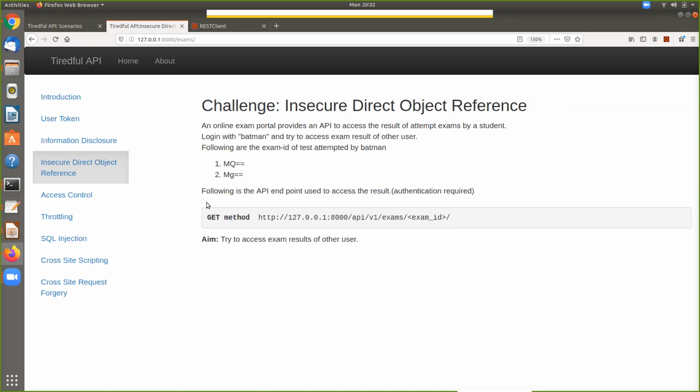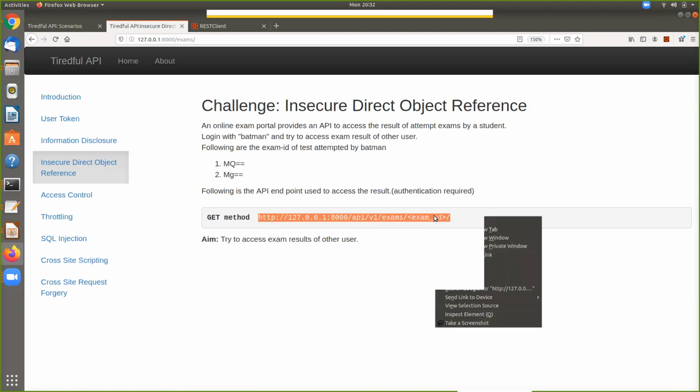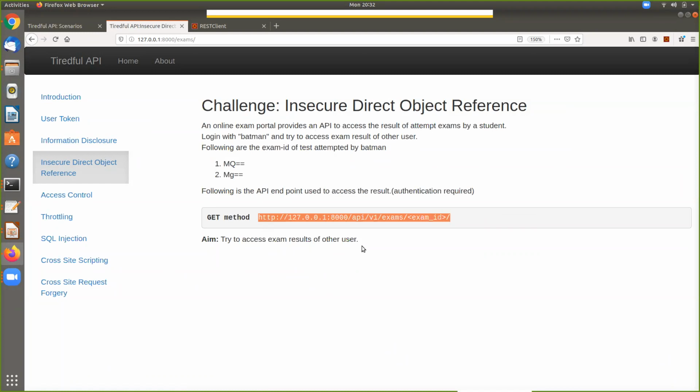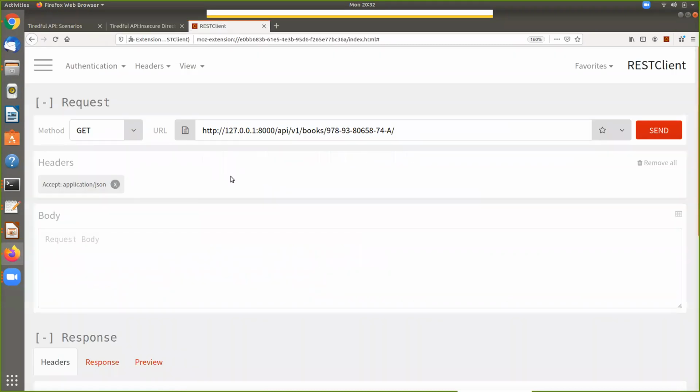And here we can see we're using a GET method, which means we're just doing a simple retrieve. And then we're going to grab the exam IDs that we should have access to. But again, our objective is to find things that we maybe shouldn't have access to. But for this purpose, if you remember, they did tell us to log in as Batman.